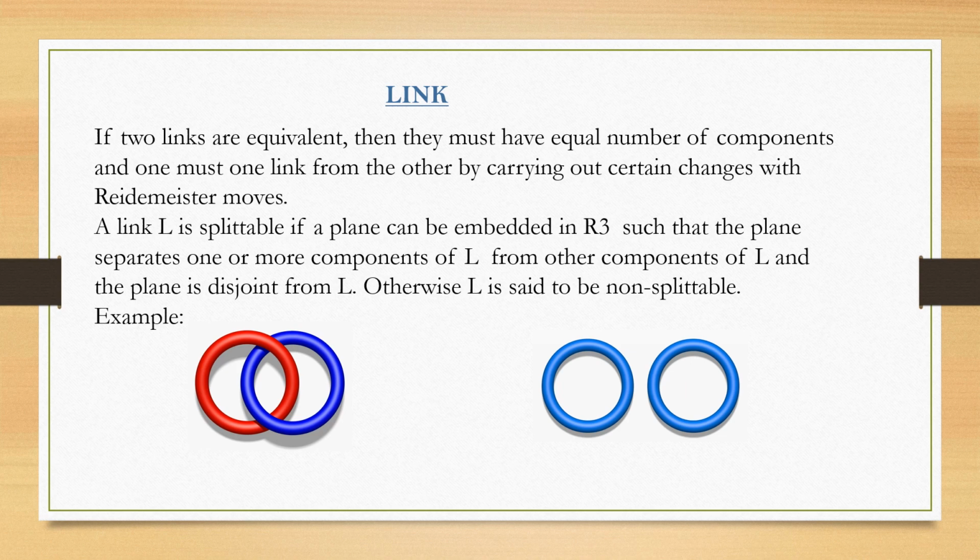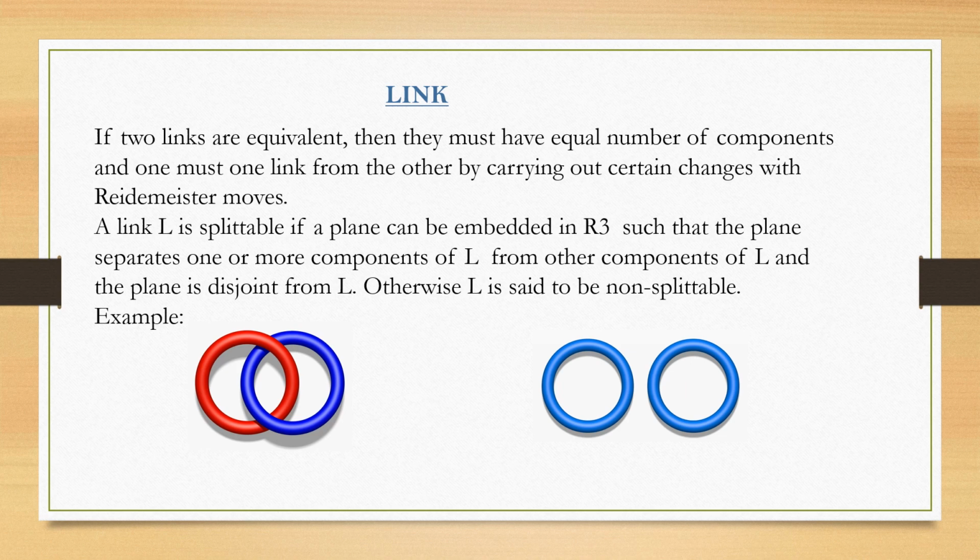If two links are equivalent, they must have an equal number of components, and you should be able to get one link from the other by a sequence of moves. And there is a question: just because the number of components is the same, does it guarantee that the knots are the same or the links are the same? If you observe the Hopf link and two unknots, you can see that in appearance it might give you the impression that they are equal, but they are not. This property is given by